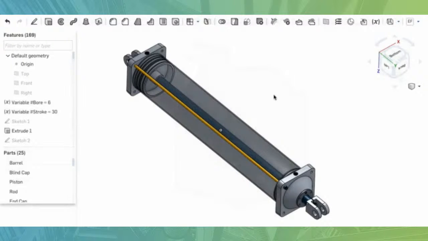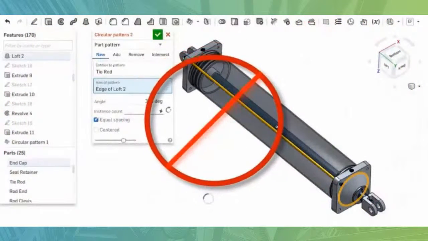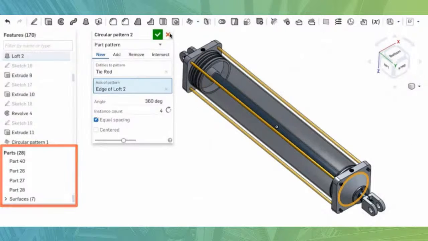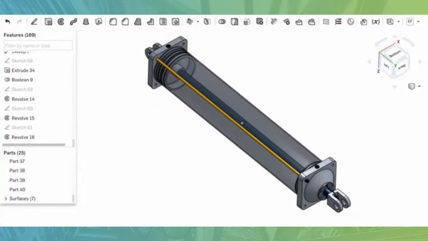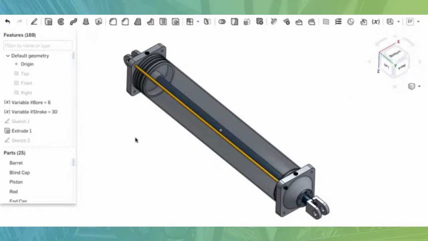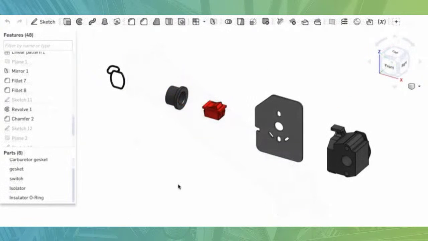And if you can see this cylinder, it has one tie rod. This yellow tie rod is just one. It has been created once within the part studio, right? But if you see the assembly of it, you would see that there are multiple parts. It's not suitable to create different patterns and then create multiple tie rods within the part studio. So what I can do is have one tie rod within the part studio, and then group them together within my